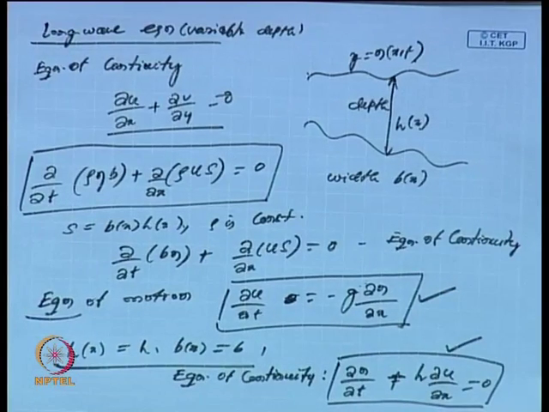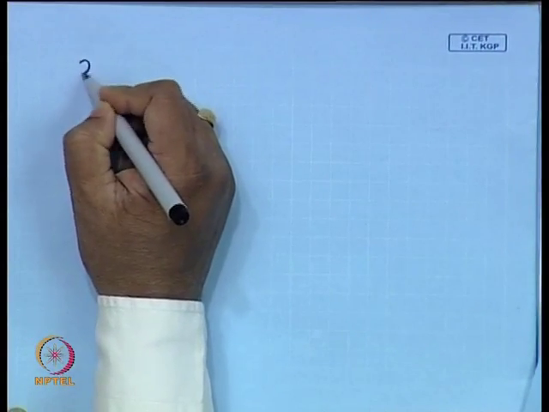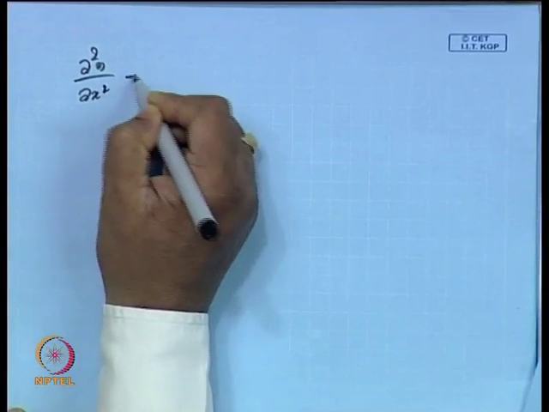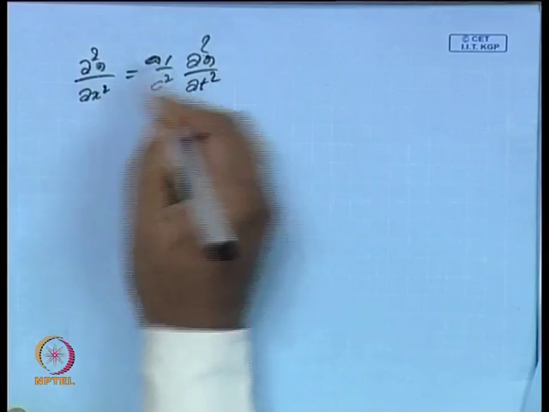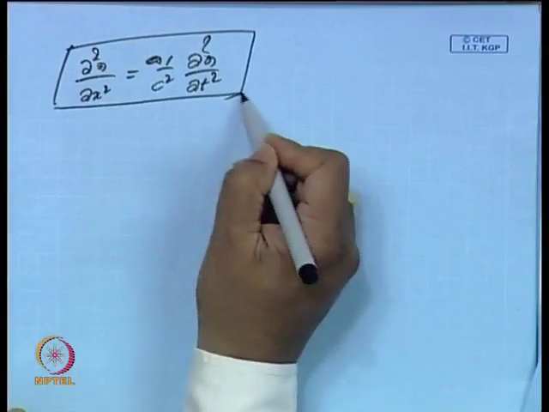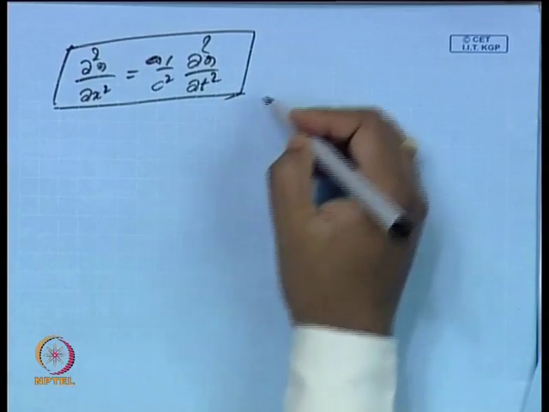For variable depth and breadth, but when h(x) is h and b(x) is b, that means again the same equation of continuity, and if you combine this, that means if we have a channel of width b and depth h, which is a constant, then you can see that same del square eta by del x square is equal to 1 by c square del square eta by del t square. So, this is again the same equation, satisfied if we are thinking of a channel of constant width and constant depth. So, from one dimensional, if we are always looking at a problem where the channel width is constant, then also the same one dimensional wave equation is satisfied.